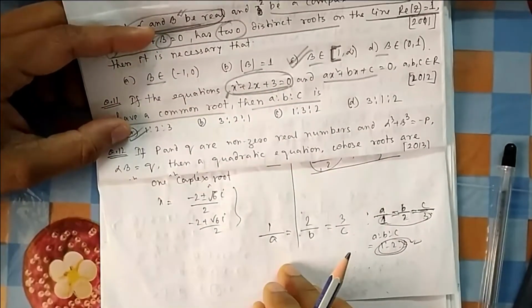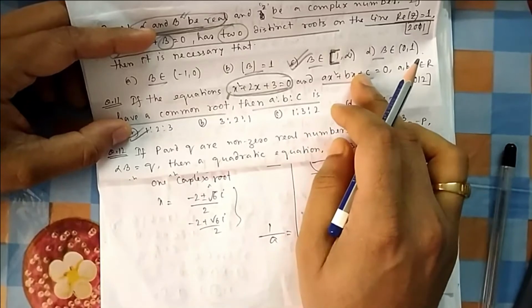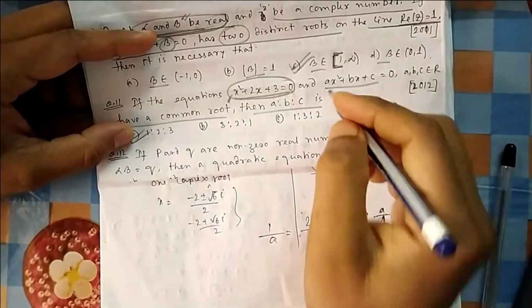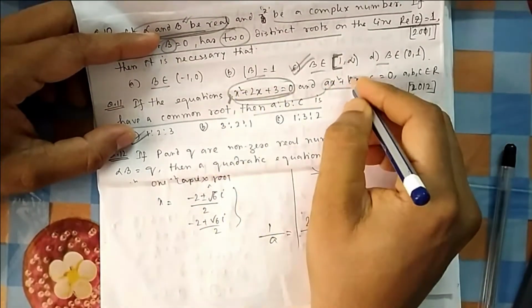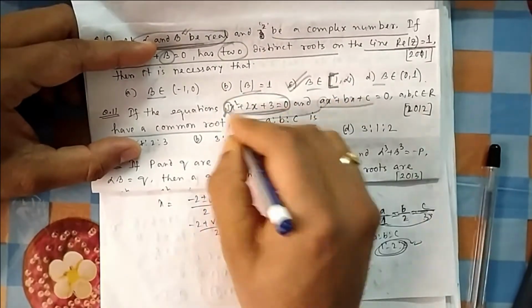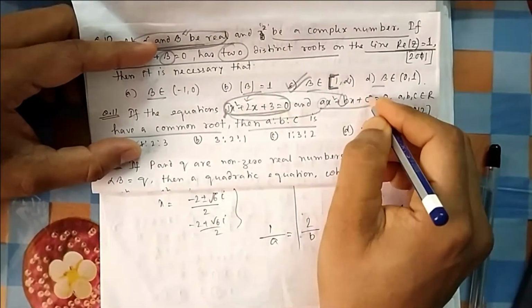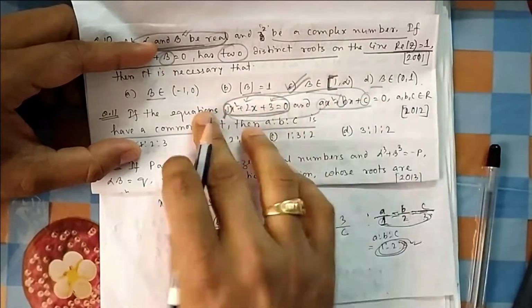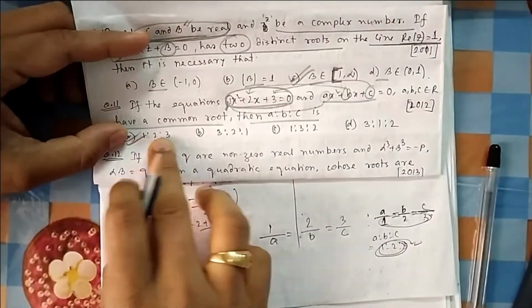So the ratios are 1 is to 2. If it is 1, then it should be 2, it should be 3. You can see from here also. Here also you can see this should be 1 by comparing these two only. Here the coefficient is 1, so if a is equal to 1, that means b should be equal to 2, c should be equal to 3, because both should represent the same line only. So from here also you can see 1 to 3.